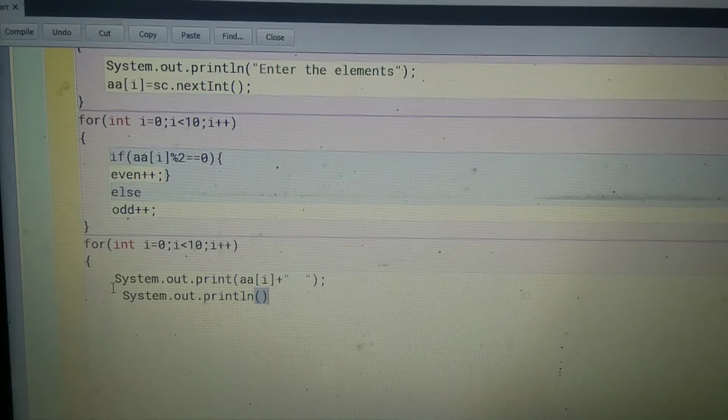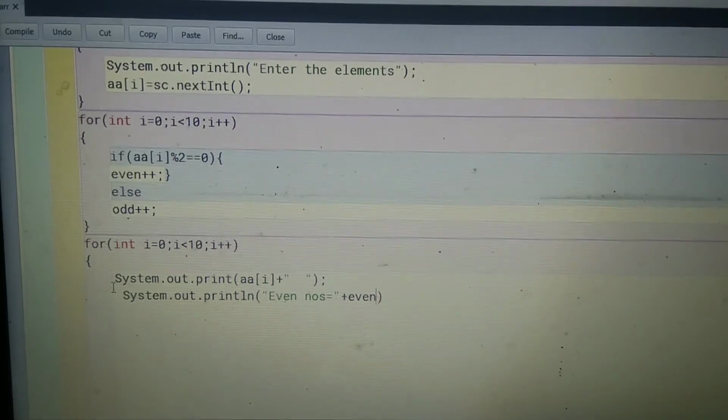In this, write even numbers, then equals sign, then plus, print the even variable.